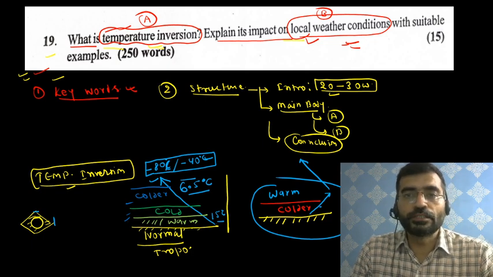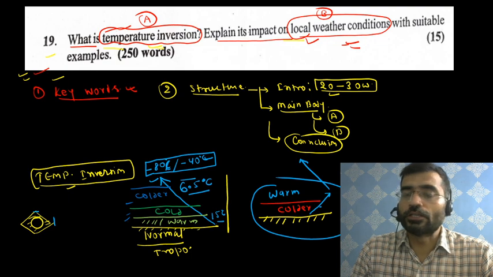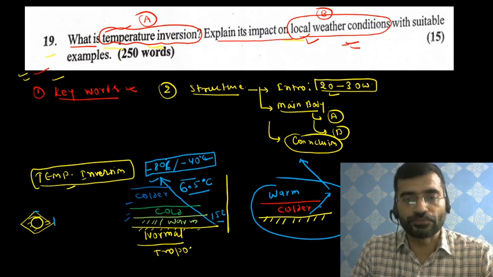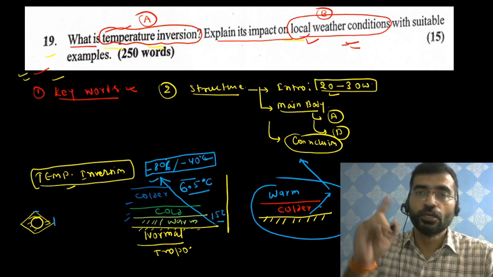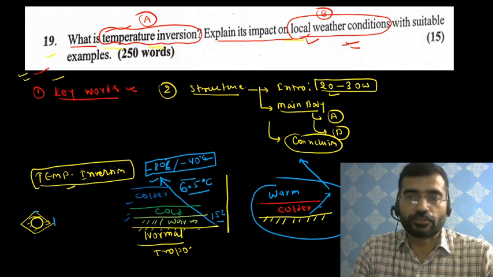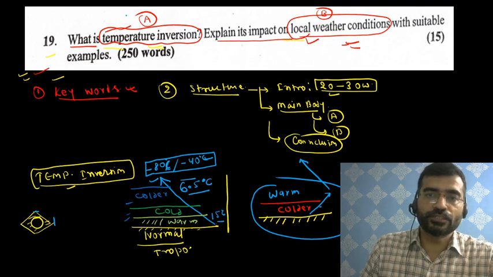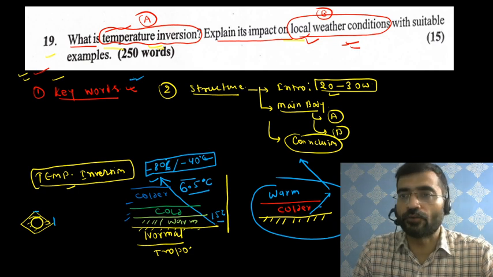If such a condition prevails, the atmospheric condition is called temperature inversion, and that is exactly inverse to the conditions of the troposphere. So here the key demand of the question is to explain this concept. You should make it clear that the context and the content is the master of answer writing. Okay, so let us start the first answer of this question: What is temperature inversion and how does it affect the local weather conditions?